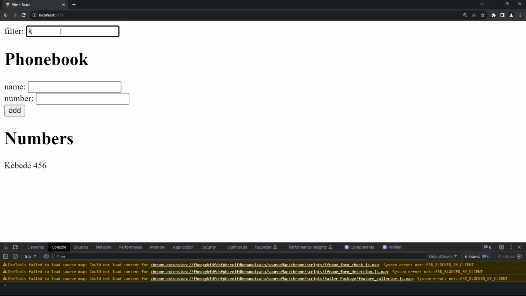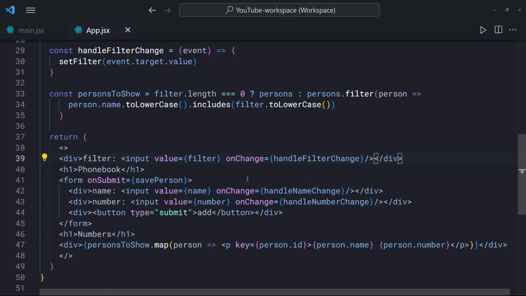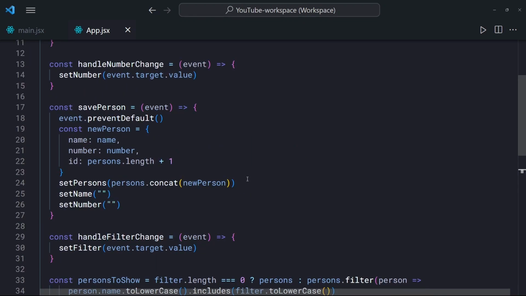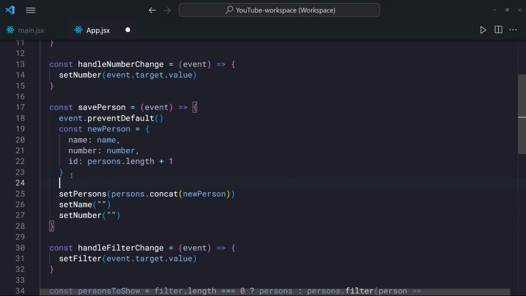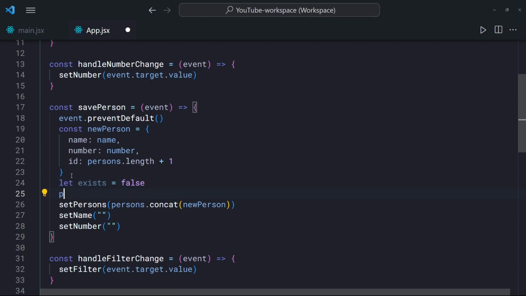twice to the contacts. So to do that, we're going to go to the save person function. And in here, before we call the set persons function, we're going to check some conditions. So let's declare a variable called exists. And initially, we're going to give it a value of false. Then using the forEach function, we're going to loop through our persons array, which is going to give us a person